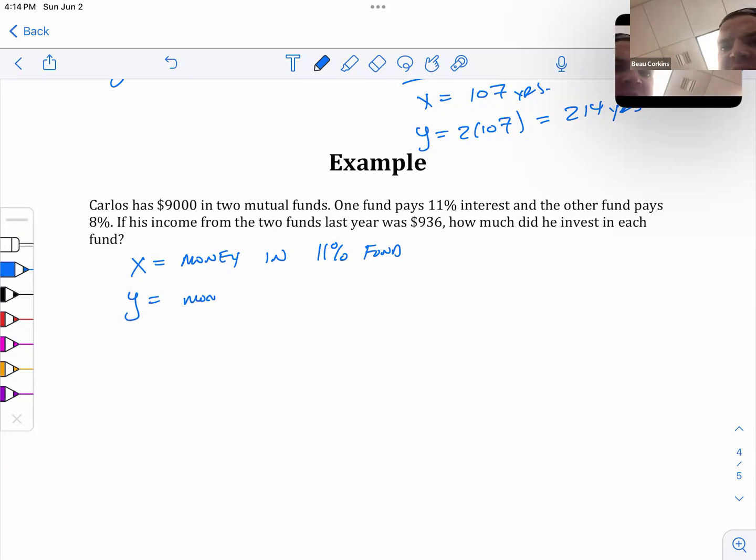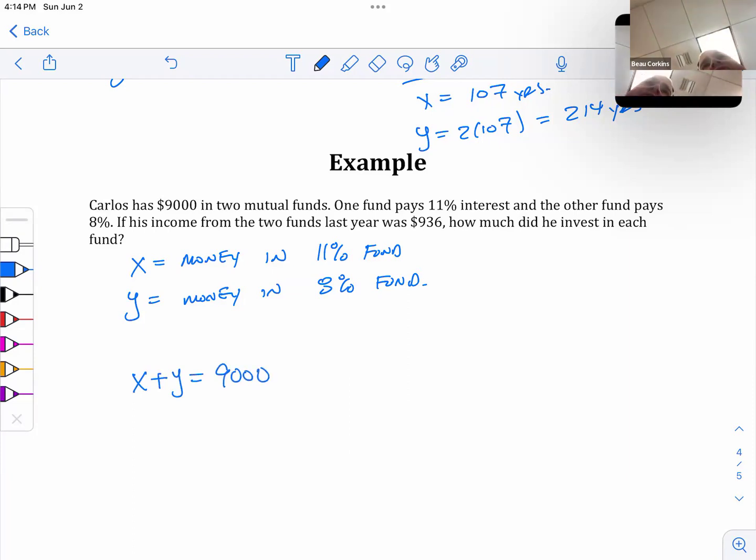y equals money in 8% fund. And so we start off and it says we have $9,000 in the 2 funds. So that means x plus y equals $9,000. And then here's the tricky part. So one fund pays 11% interest, the other fund pays 8%, and the income off of those, which means the profit from only the interest, was $936,